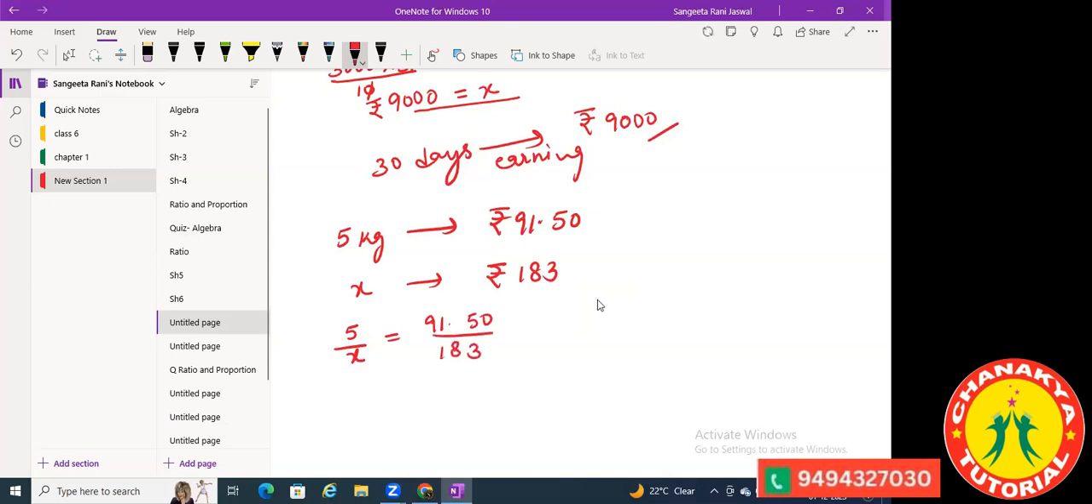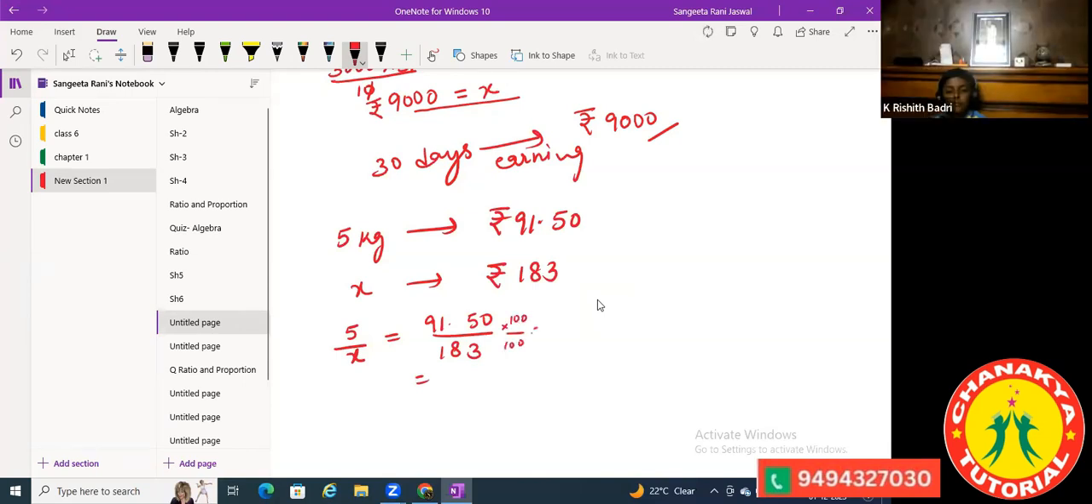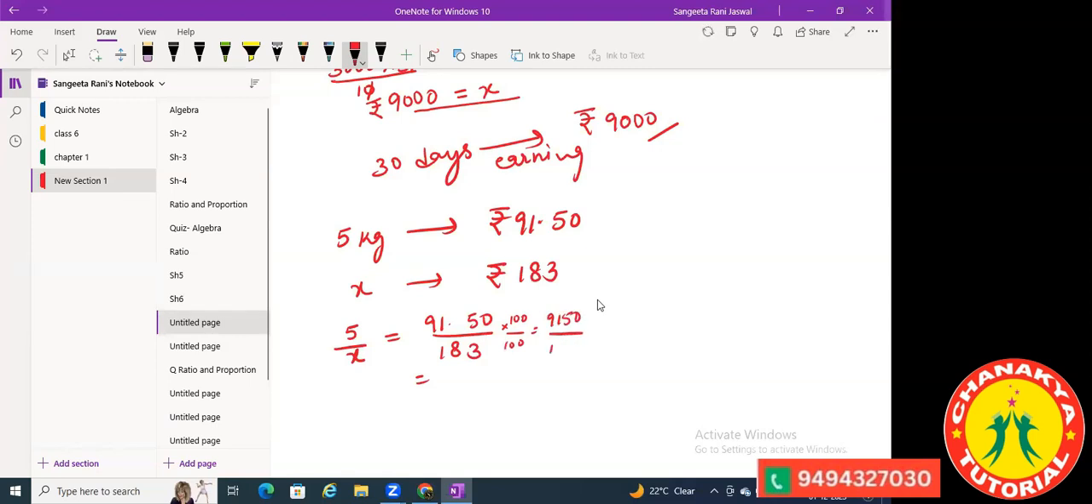Now, if you want to remove the decimal point, I have a decimal point here. So here I want to reduce this. I want to move this two places of decimal. That means I will multiply with 100. Then only my decimal point will move two places behind. Like this, I get my 5 by x equals to